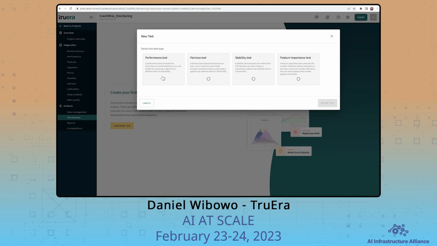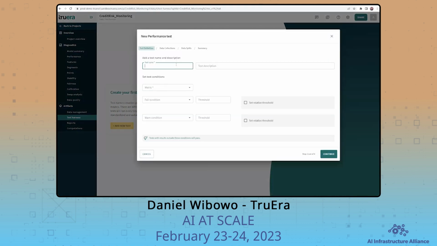Specifically here, we want to create the performance test. So we'll click performance test, define the test, and you're given several different options here to name it as well as set the metrics. You would type in performance testing, and we will look at the AUC metrics,